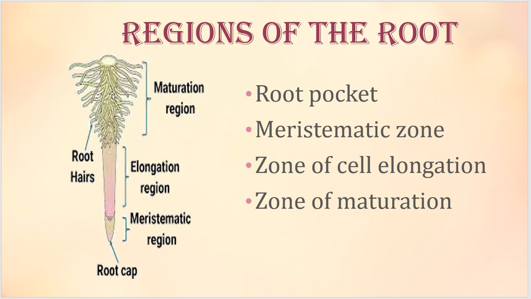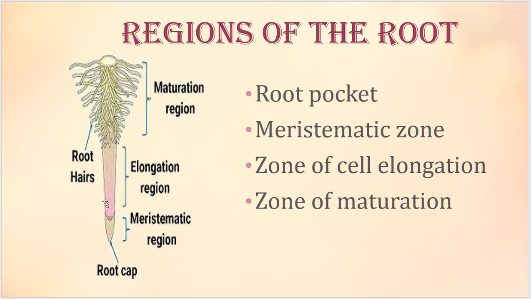As I said, root hairs are endogenous in origin. Lateral roots would be produced from this part, and these lateral roots are produced from the inner cells, inner pericycle cells. You have studied about the various cells present inside the root in lower classes. You have studied about cortex, pericycle, endodermis, right? So this pericycle and endodermal cells will be responsible for lateral root production. And that's why we are calling this endogenous in origin.